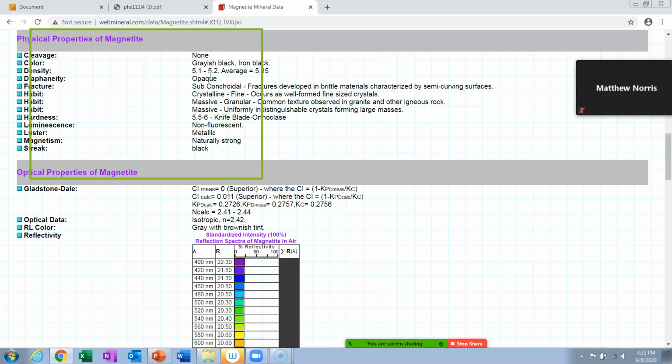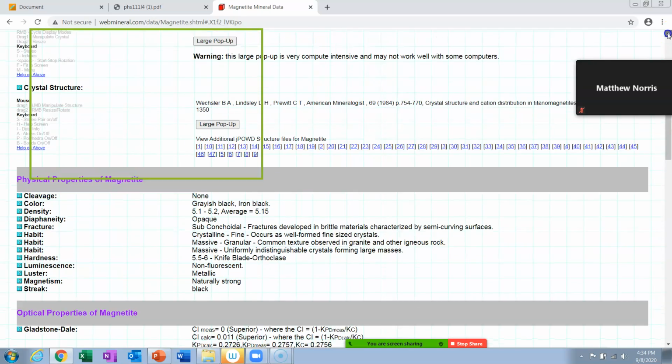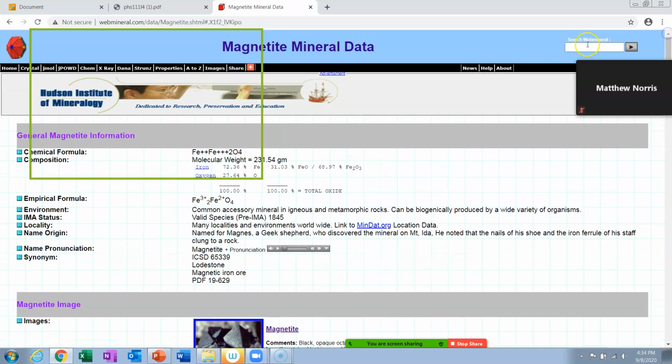As long as I can follow what you got, and you've got those 6 categories: color, luster, streak, hardness, then cleavage slash fracture, that's 1, and then density. The one that says other, that's density, always. Don't do anything else, density. And you'll do that for every mineral. And then to go to the next mineral, you go back up to the top of the screen here and find your A to Z again.